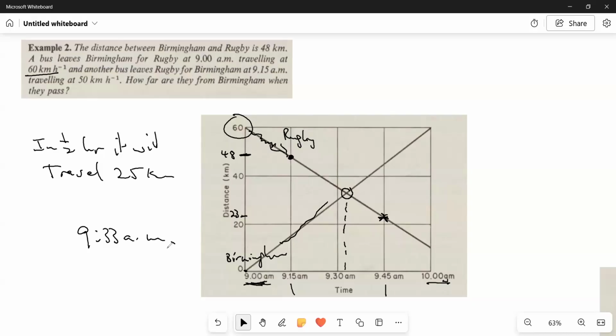It's 9:33 a.m. If you have a nice graph paper, you'll be able to see this finer point, that this is 9:33, and you'll be able to see at what distance. You'll actually be able to read off here as 33 km from Birmingham,